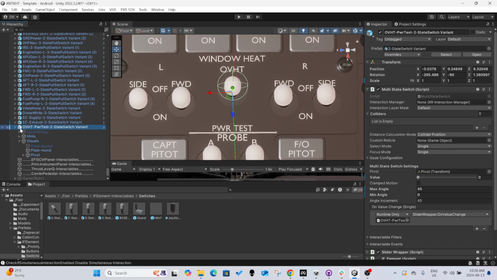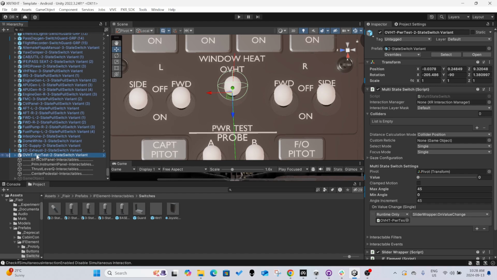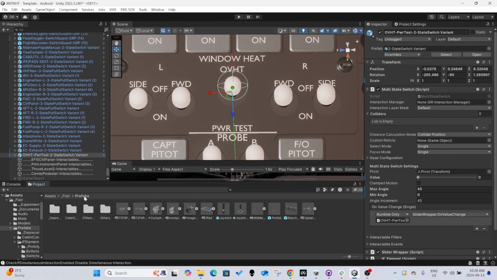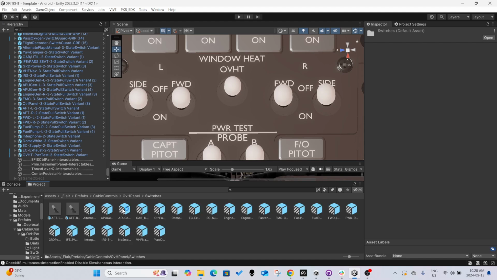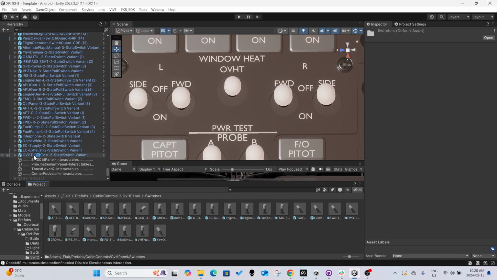So now that I have this one, I want to make a prefab from it because I want to store all these settings I have changed here. So I'll go into it's important where you place it. So we put all of them in the same place. So prefab, cabin controls. Currently, I only have the overhead panel ones. So I'll go here, then overhead panel switches, and then I will drag my new switch